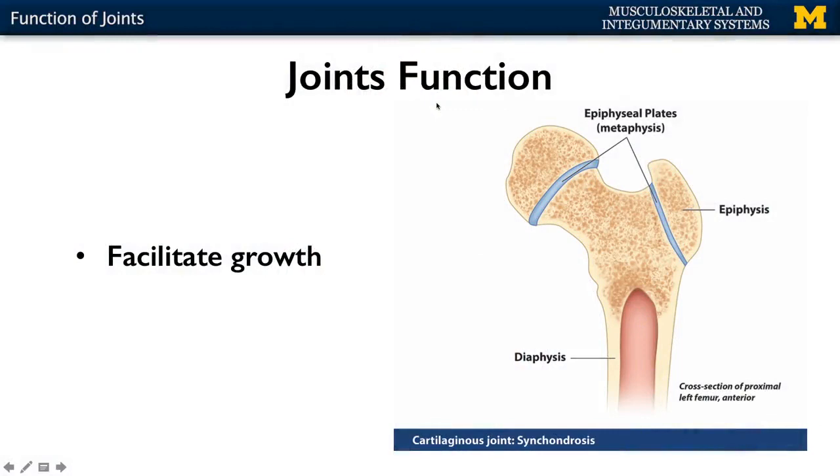in terms of facilitation of growth, specifically in these primary cartilaginous joints. And we've talked a lot about this, just not in this specific terminology. And that's referred to as a synchondrosis. And all that is those epiphyseal plates that we talked about when we were talking about endochondral growth of the bone. So remember, in these regions, so here's your epiphysis,